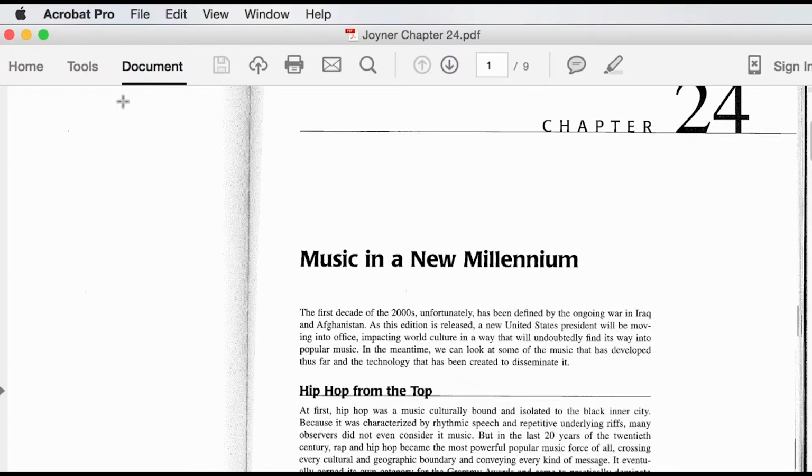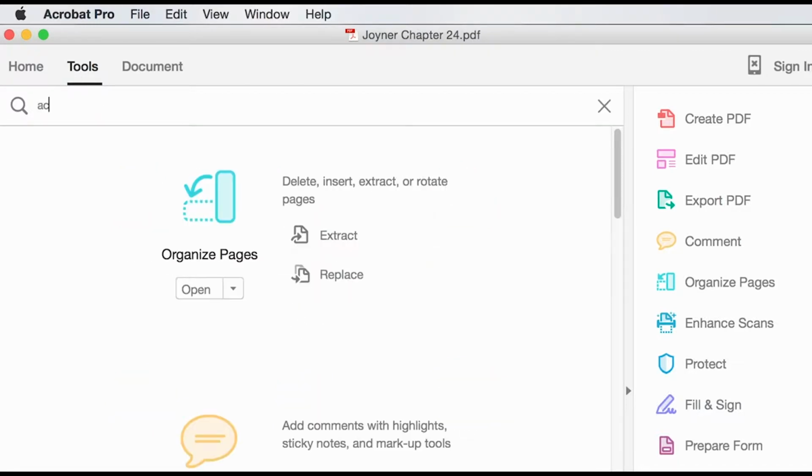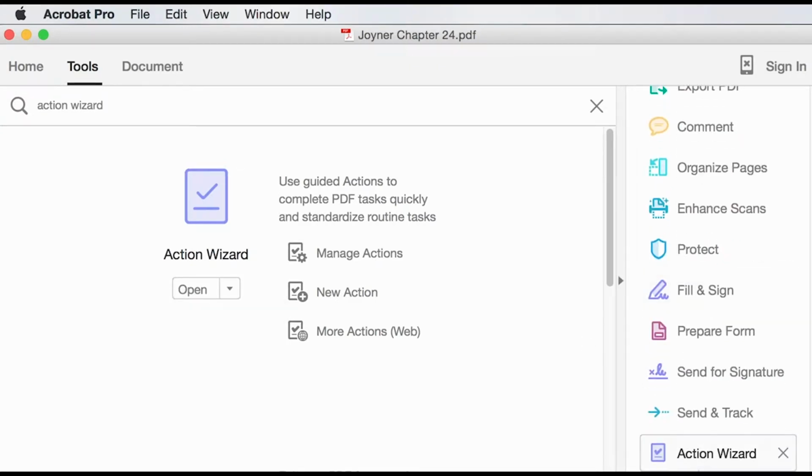So if that's happening in your PDF, go to Tools, and then the easiest way to find this is just to search for the Action Wizard. They kind of hid that in this newer version, it seems. What you can do here too is I've already added it as a shortcut there. So if I scroll down here, you can see I have the Action Wizard over here, so it's very easily accessible to me. But if you've never used it, you have to search for it up here. So I'll open this